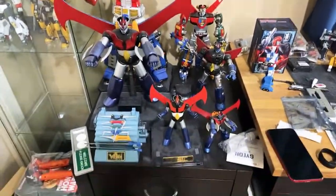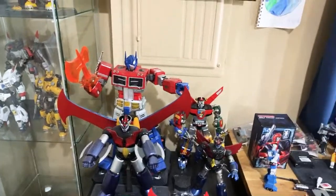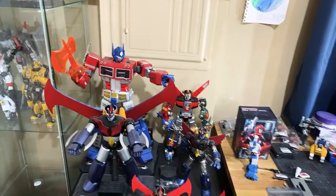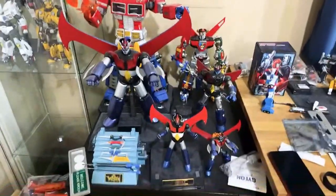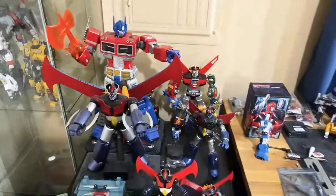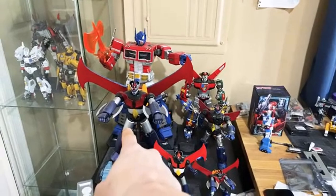This is just a random shelf that I have. All I really have on here is just super robots, and then I have my big Ultimetal Prime, obviously, that you see there. The Ultimetal Prime does have a little remote, but I don't remember how to use it. I haven't used it in so long. This is my DX Solo Chogokin